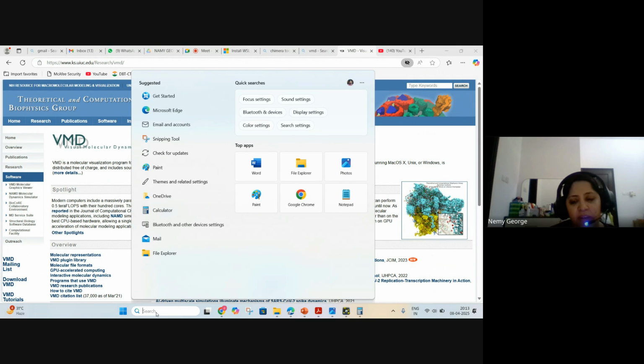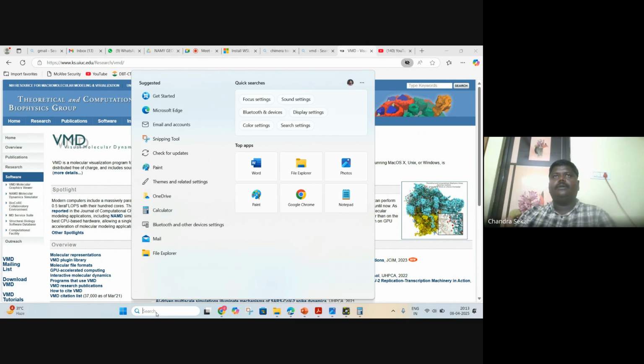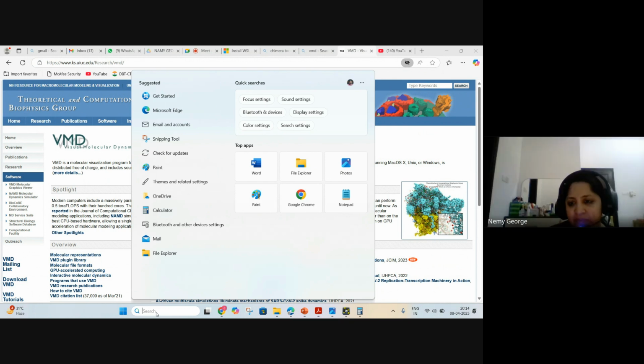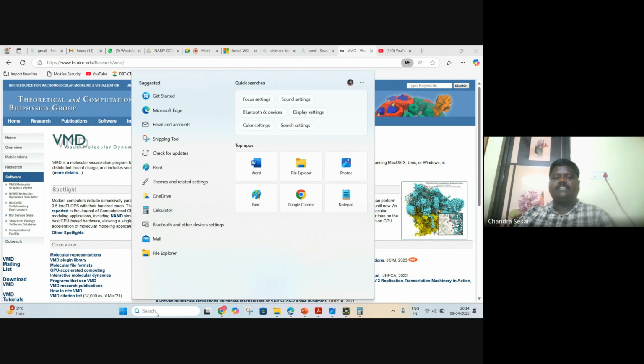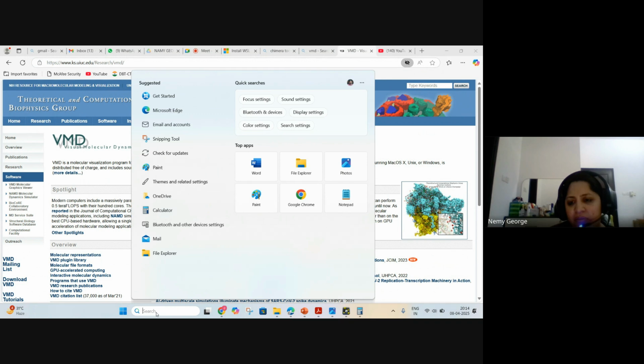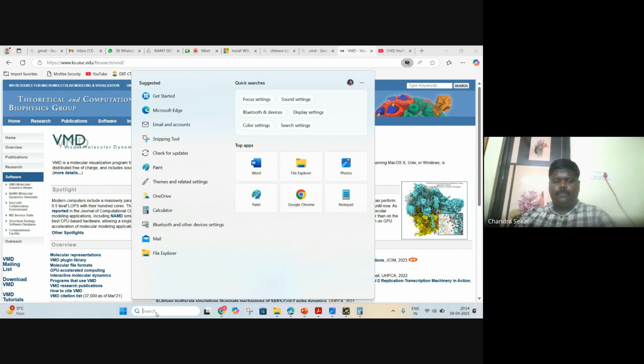I'm not familiar with these words. Dual booting means, once you switch on the computer, you go directly into Windows, correct? But in that case, they will ask for an option of which OS you want to prefer, either Windows or Ubuntu. So your system has two partitions. The hard disk will be divided. One part will be Windows, one part will be Ubuntu. That's what I'm using for a long time.